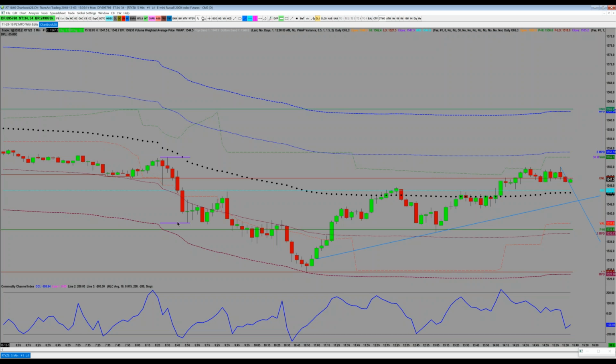A lot of people are looking for the range to be established of the first half hour of the day. That's using a study that we have called the high-low for time period, and it's easily added to any screen where you just punch in the start time, the end time, and then put the colors of the lines that you want. You can also have those extend out in the future if you want, but in this case, I didn't do that.